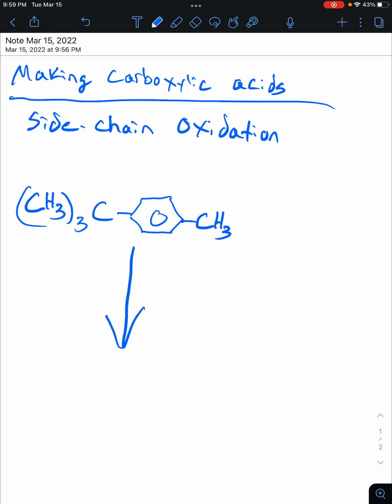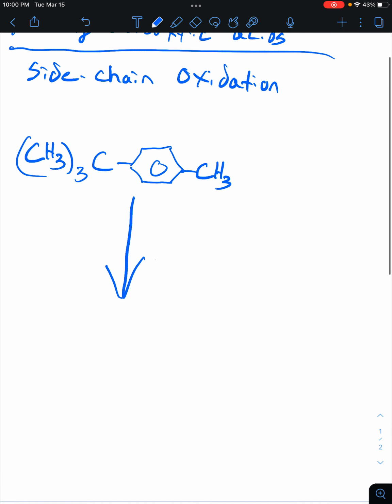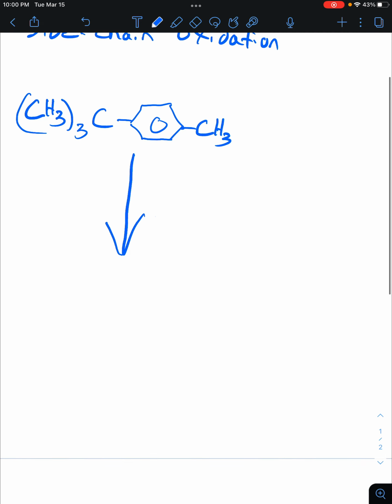Something you may see on a test in organic chemistry too is making a carboxylic acid in what we call a side chain oxidation. And in order to do this, you need to know your oxidizing agents. And one of the easiest oxidizing agents to use would be what we call sodium dichromate, which is expressed like this,